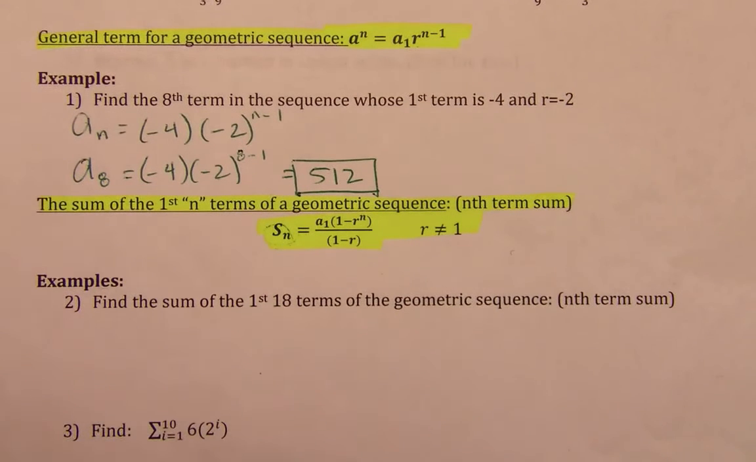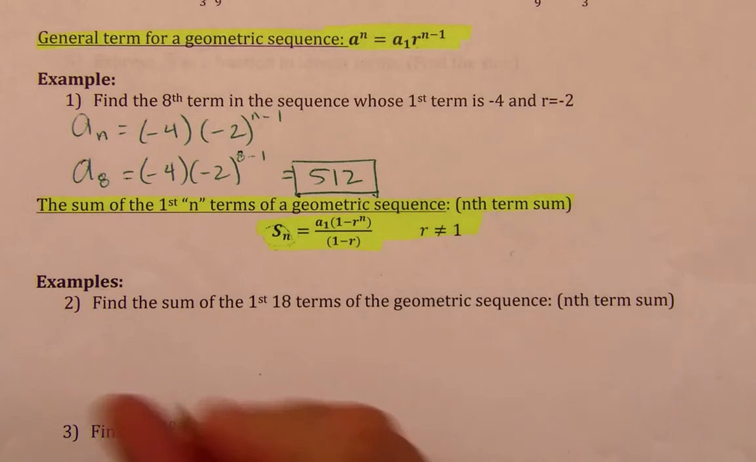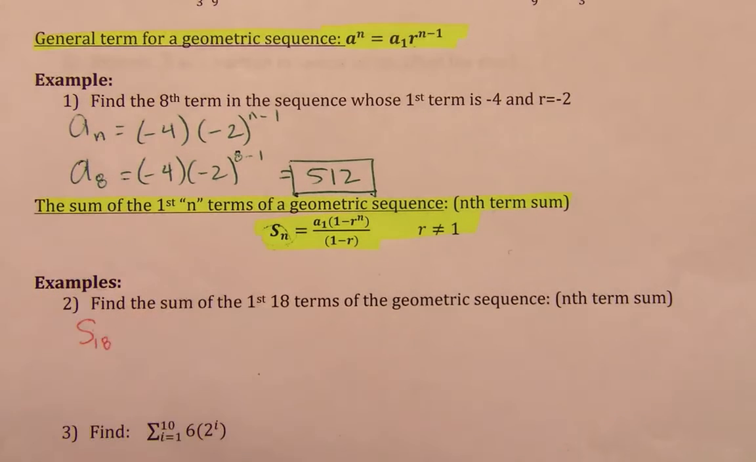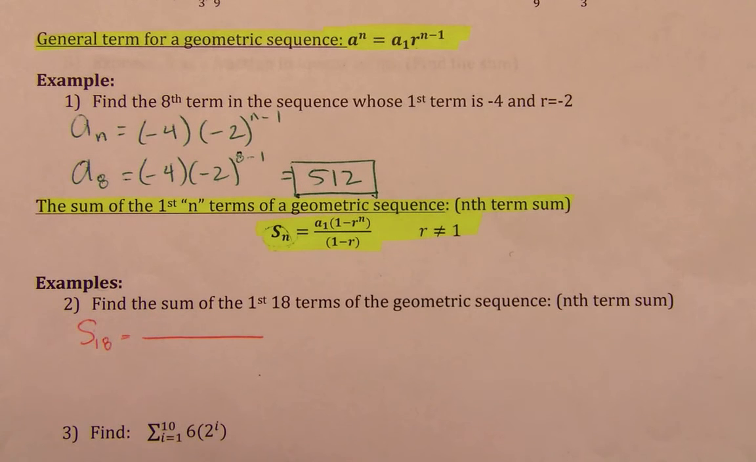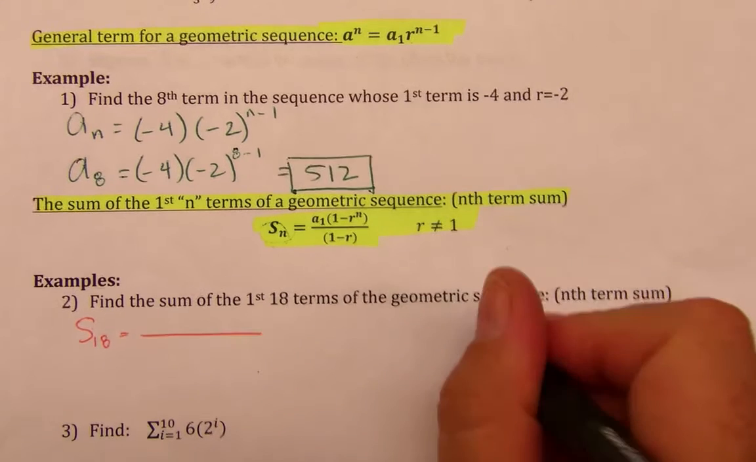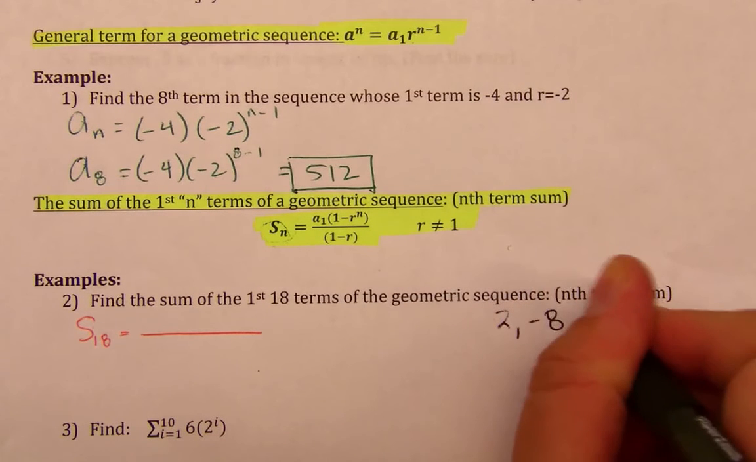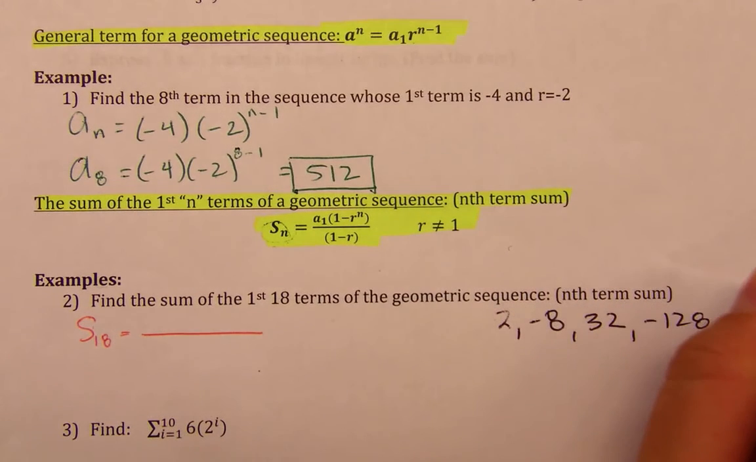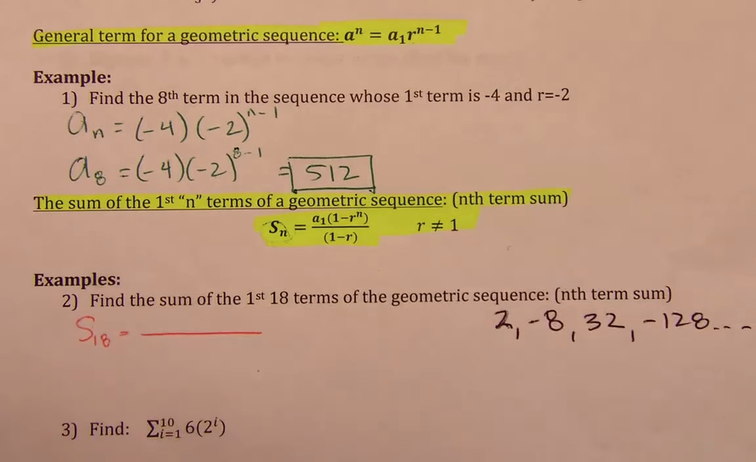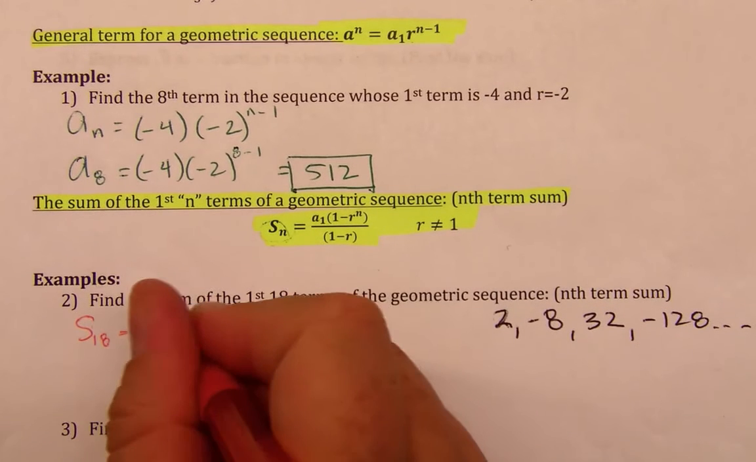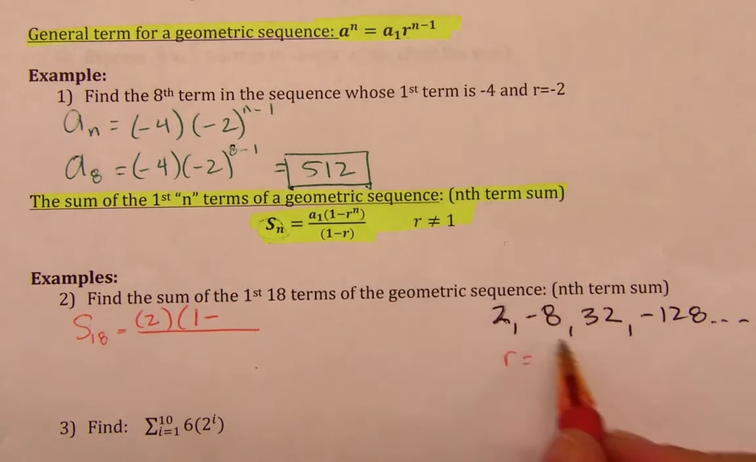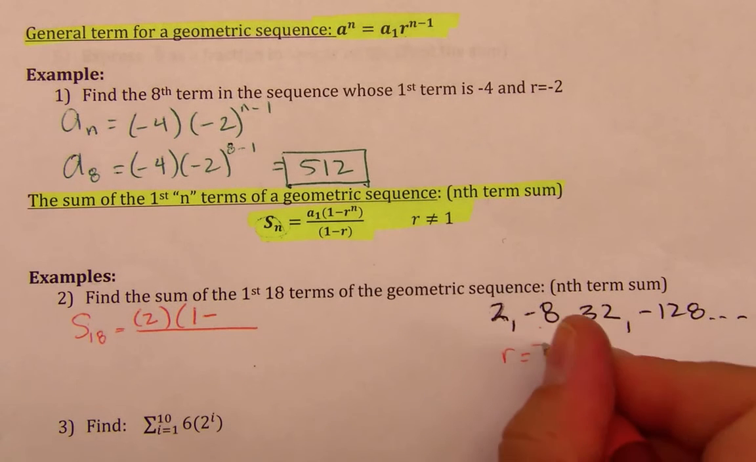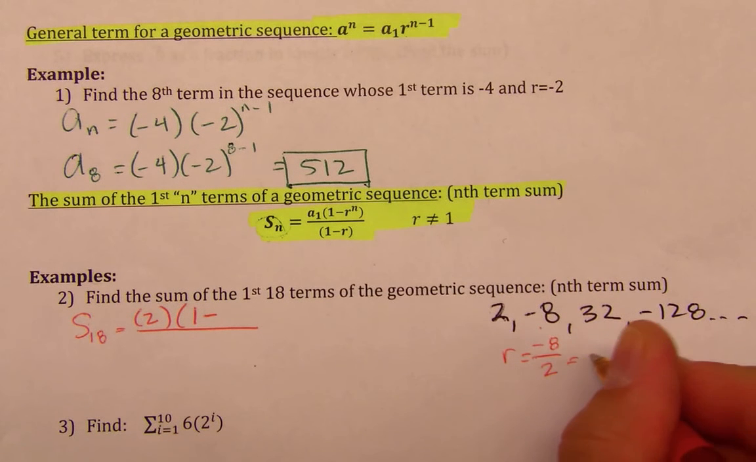It says find the sum of the first 18 terms of the geometric sequence. So we have s sub 18, and I guess I need to give you a sequence. Our sequence is going to be 2, -8, 32, -128, and so on. So our first term is 2, and then we have 1 minus our common ratio. To get my r value, it's going to be the second term over the first term. So -8 over 2 is giving us -4